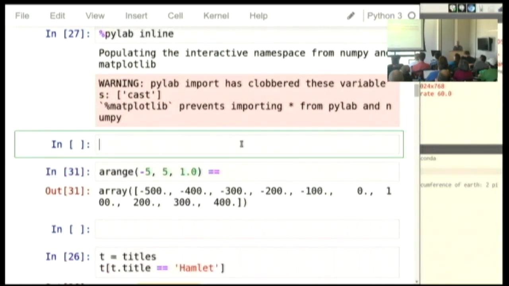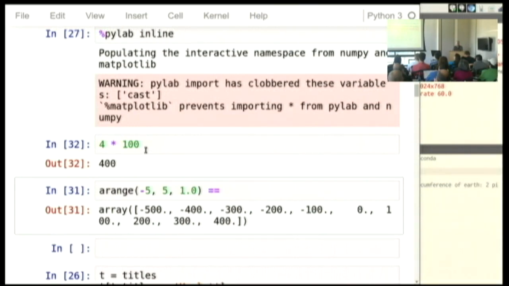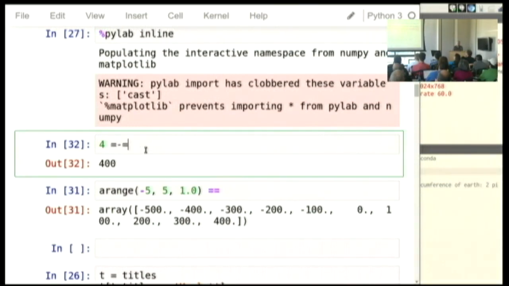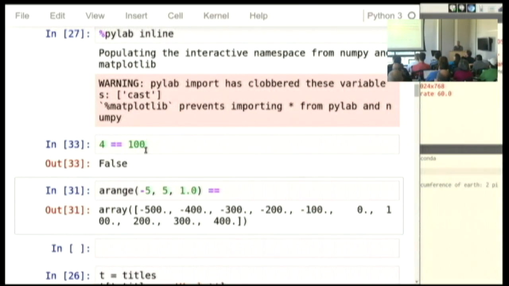In the same way, let's get this last number, 4. I can say 4 times 100, and I expect an integer. If I say 4 equals 100, I expect a Boolean. This just does a natural array operation that gives me Booleans instead of giving me numbers.